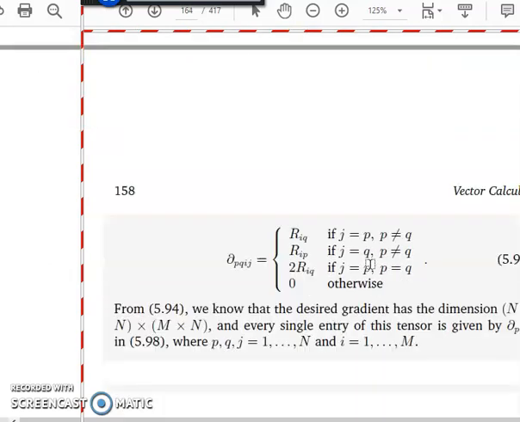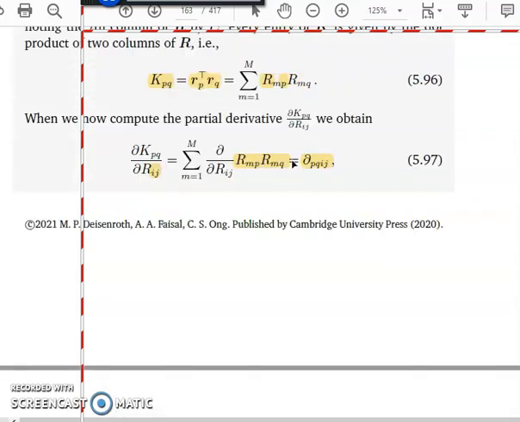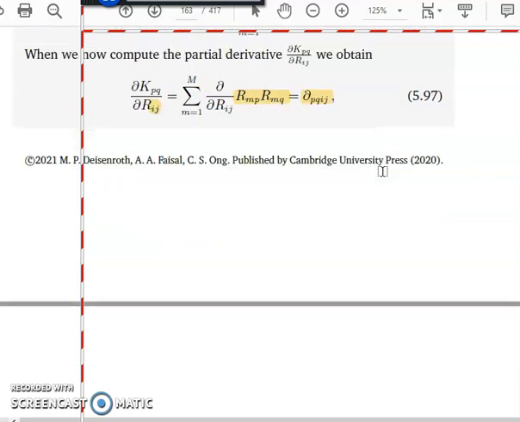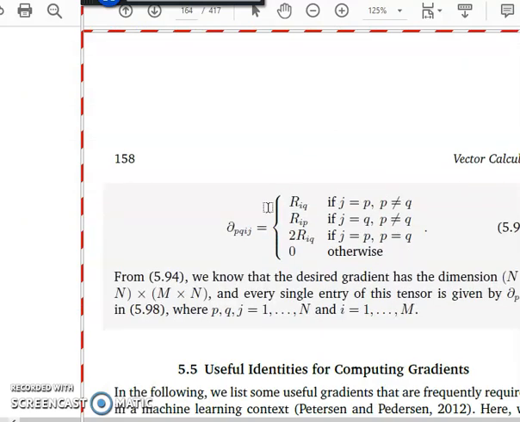Okay. So here we need to find the value of the partial derivative, isn't it? So, that is the gradient you are finding. So this del of PQij is one value in the tensor. So in order to find that del value,